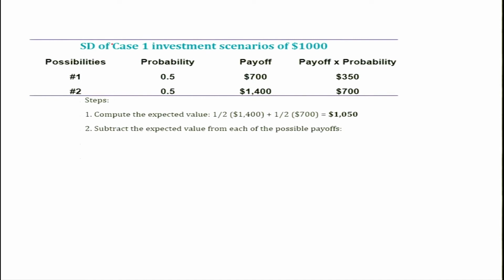The two cases, of the one case we already discussed, that is this one. Case one is an investment of 1000 with an expected value of 1050, and out of this let us calculate the standard deviation of this investment. I think you must be familiar with this kind of concept, so let us have a quick review of how to calculate the standard deviation of this investment.